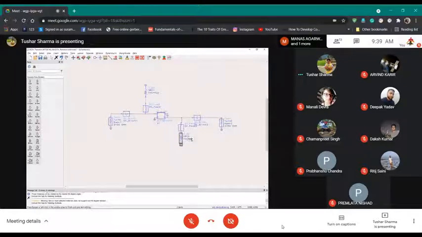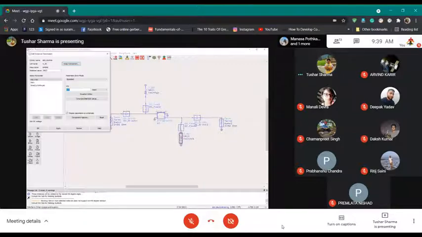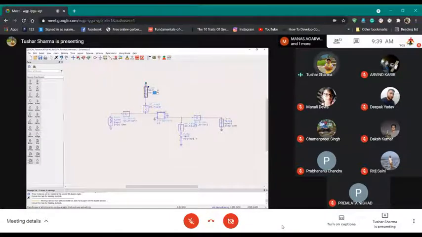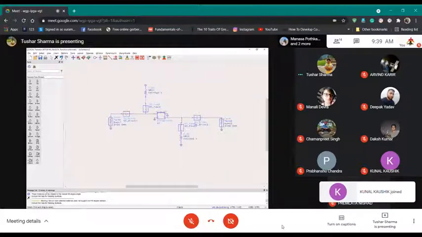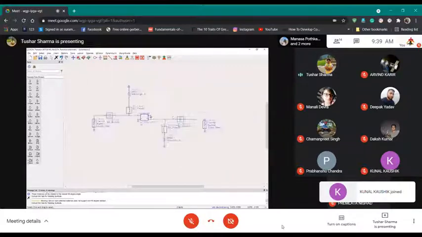Okay. And make sure you have selected the unit as volts, or you can just click it and type V. Okay. Now this is just the schematic part.